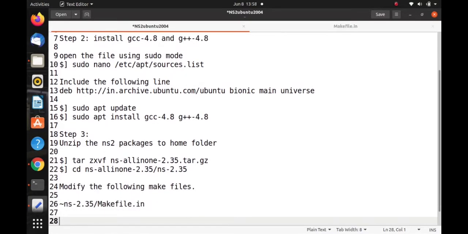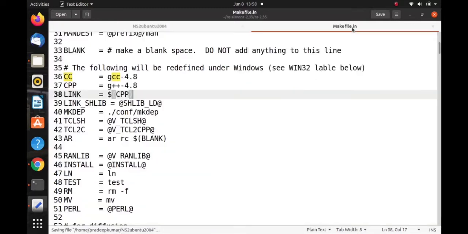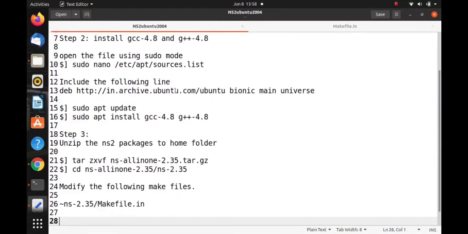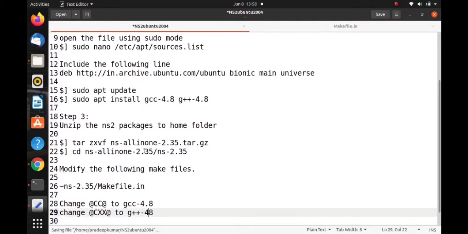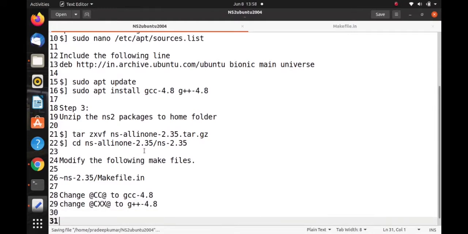This file you have to modify, and whenever you want to open the file, use gedit. Now we have to change at CC at to GCC hyphen 4.8. Then change at CXX at to G++ hyphen 4.8. This way you have to modify it.